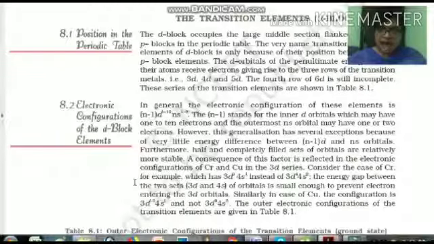As a consequence, chromium and copper have exceptional electronic configurations. As we already studied in class 11, chromium will have 3d5 4s1, and copper will have 3d10 4s1. Here for chromium, atomic number 24, it will be 3d5 4s1 instead of 3d4 4s2, a stable half-filled configuration, while in case of copper, atomic number 29, it is